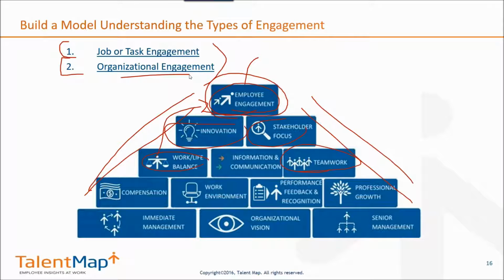Job or task engagement is whenever someone's engaged in the job, really focused on the job, interested in the task itself, interested in doing the job, gets into that flow mindset when they're doing the work. But they may or may not have any interest in the wider mission and vision of the organization. Conversely, organizational engagement is when someone's really drawn to the mission of the organization, the vision of the organization, what the organization stands for. However, they may or may not be driven and engaged in their actual tasks or jobs.